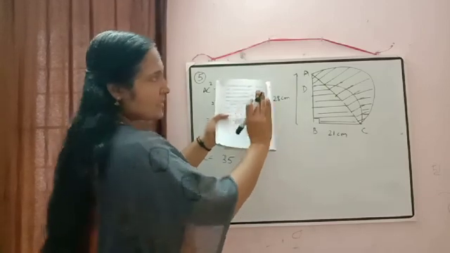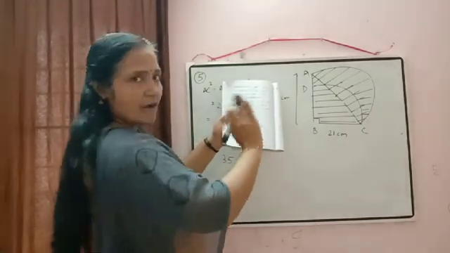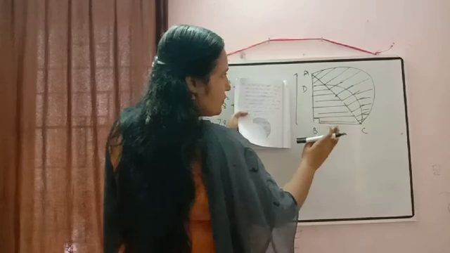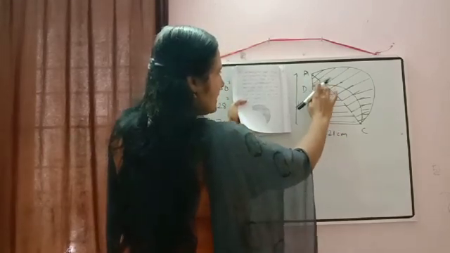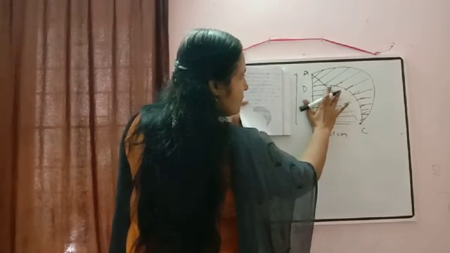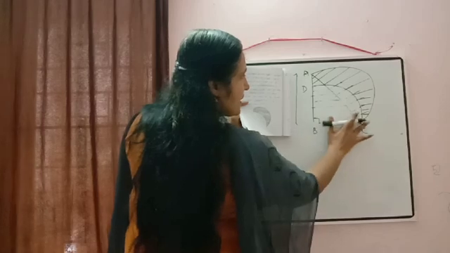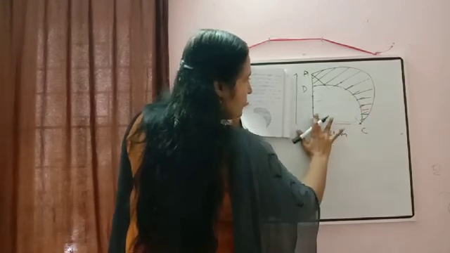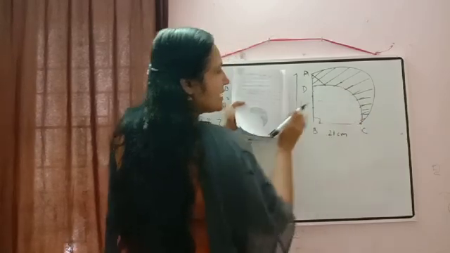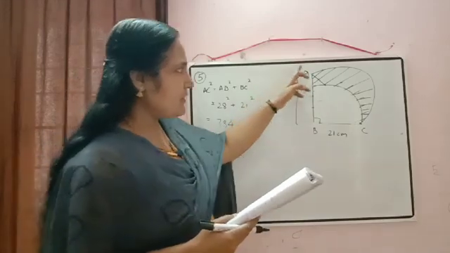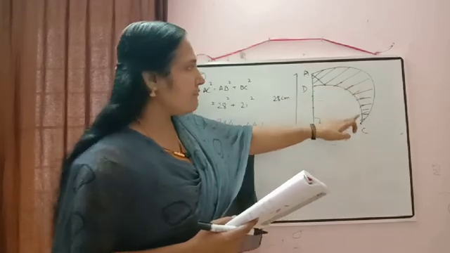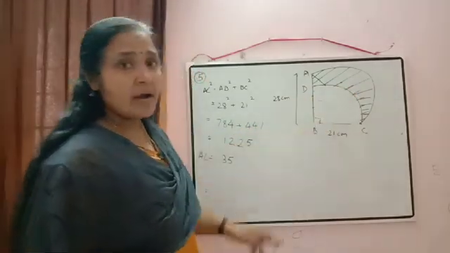Just to check, to get that shaded region, which area we have to omit there. At present I have shaded all the portion. Now we want this region and this region there. So which one we have to omit there? We have to omit this portion. Correct? And what is that portion? That portion is quadrant of the circle there. So first we will add the area of triangle ABC plus area of semicircle, and from that we will subtract the area of quadrant there.